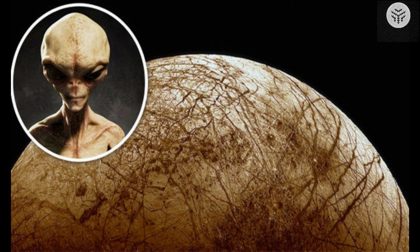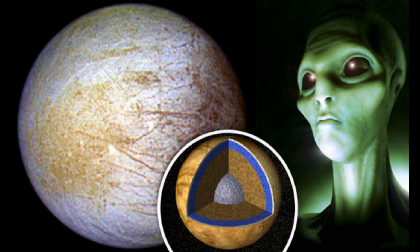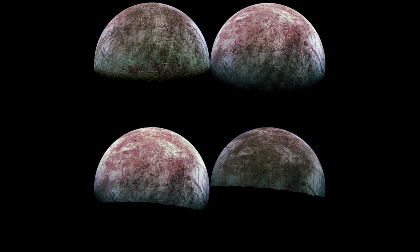Due to the intense radiation from Jupiter, the molecular bonds of H2O are broken, resulting in the release of oxygen and hydrogen. The heavier oxygen molecules tend to stay closer to the surface or in the near-surface atmosphere, while the lighter hydrogen molecules mostly escape into the atmosphere and beyond. Some of the oxygen produced in the ice is either lost from the atmosphere or trapped in the surface. Oxygen that remains in Europa's ice has the potential to migrate to its subsurface ocean, potentially serving as a source